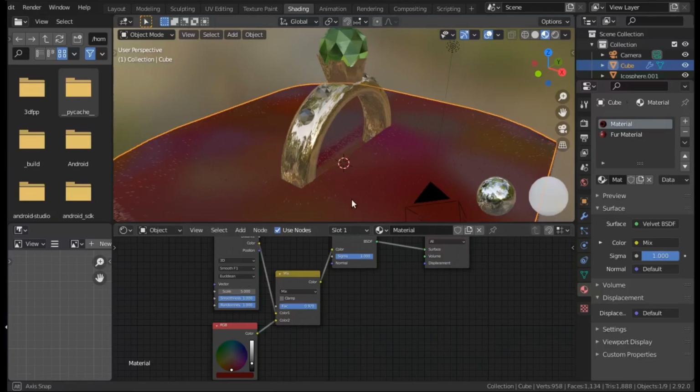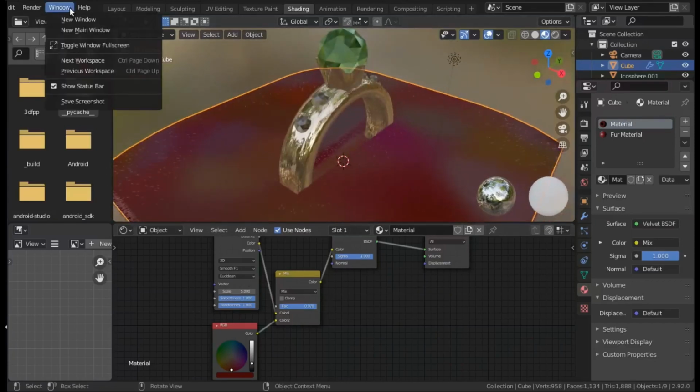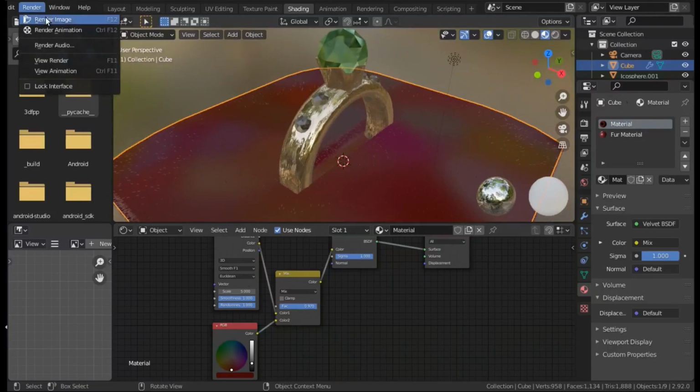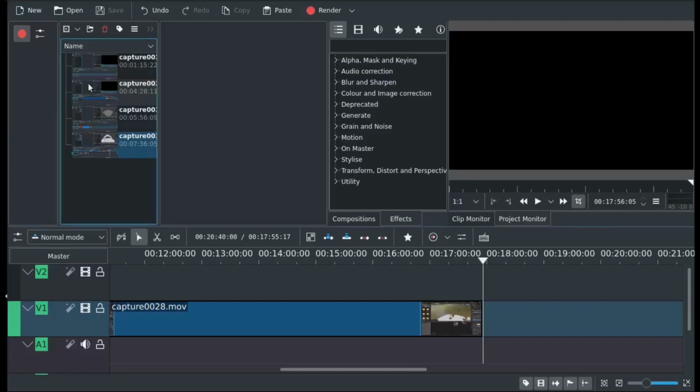To see what the final effect will be, we're going to actually render the image. A shortcut for that we normally use is F12, but Render Image is the option we used here. It's still not very impressive, so